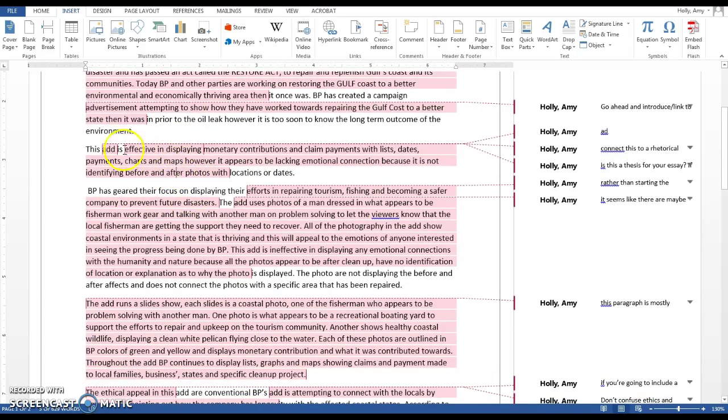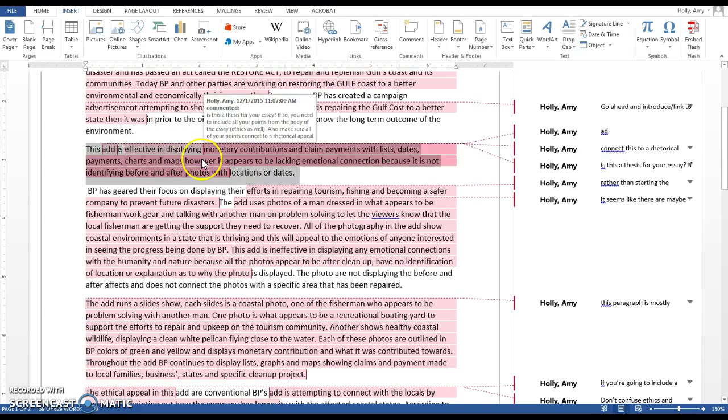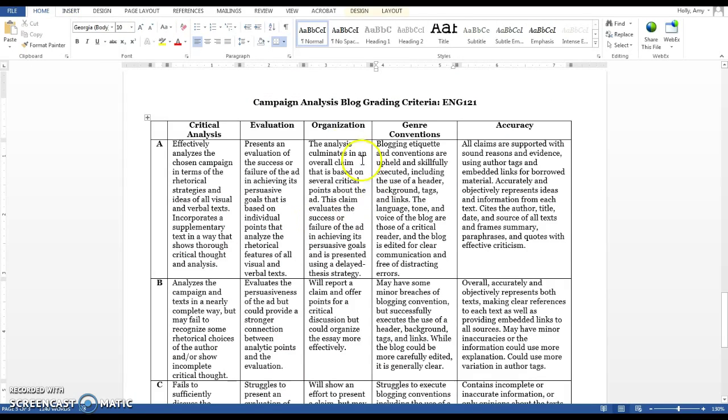This little short paragraph right here, I'm assuming is meant to be your thesis statement. Remember that the word ad, as in advertisement, is spelled AD, not like addition, which is ADD, as you have it here. You actually don't need a thesis at the beginning of your essay. This is more of an open form genre, so we're not following all those rigid closed form rules of a top-down thesis-based structure. If you look again at the assignment sheet in terms of organization, it really just asks you